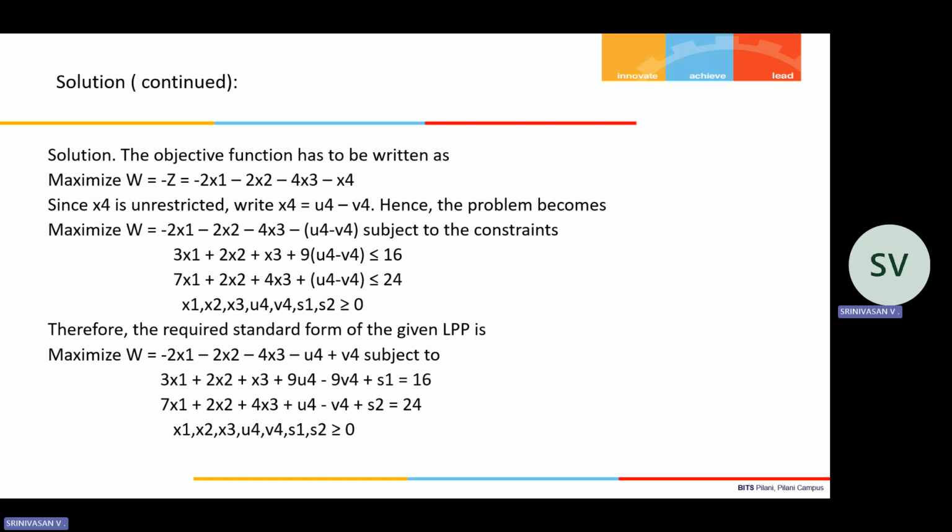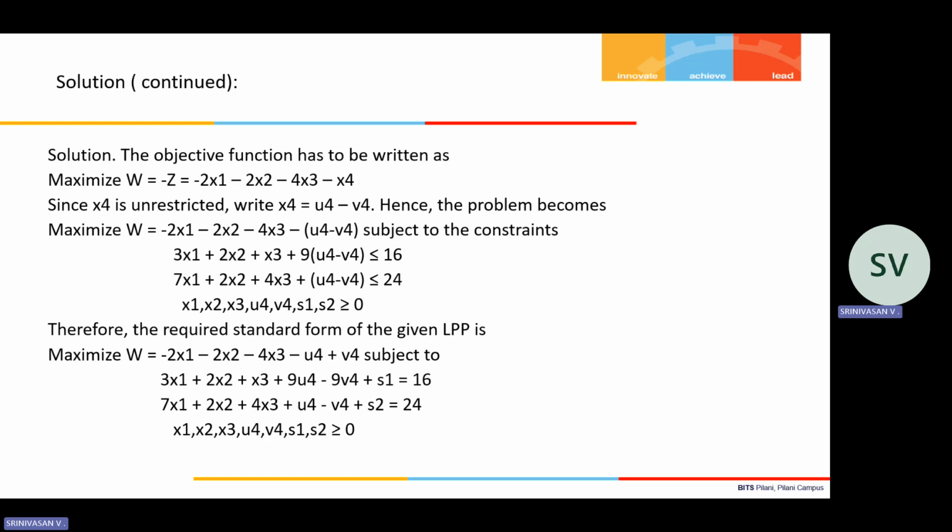Don't allow it to go unrestricted, because it was given to be unrestricted when it was a minimization problem. Now that you are making it a maximization, you have to make it restricted. That is something minus the other. You will get the value to be brought under control. You restrict it. So let us use some other variable, say u4 minus v4. That's all. So what is the problem now becoming in terms of new variables and new ideas brought in